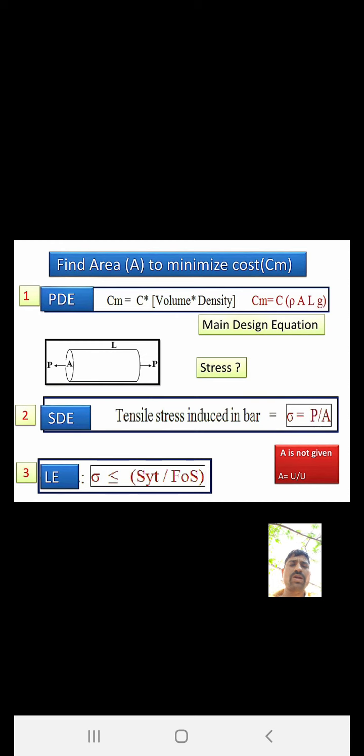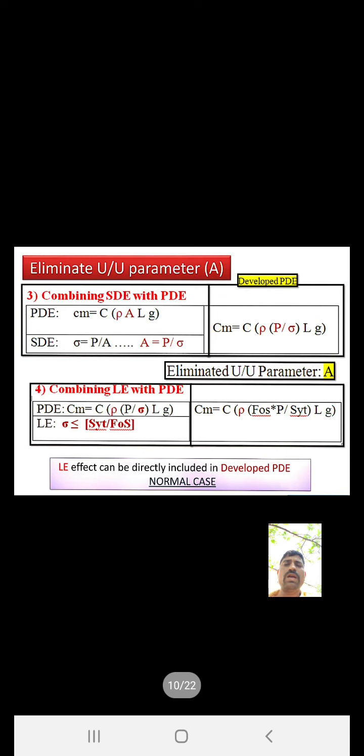Okay, we want to calculate it. This is coming under U oblique U, means what? Unspecified and unlimited parameter. Because this value is not given, we want to find out this value. Okay, eliminate the U oblique U parameter, the area A. Then combine the secondary design equation with the primary design equation. What is the primary design equation? Cm is equal to C into rho into A into L into G,